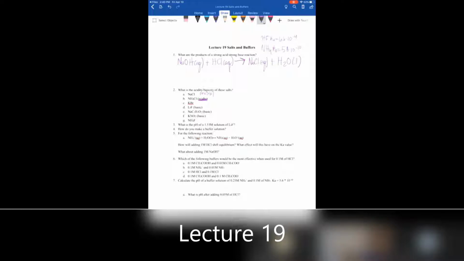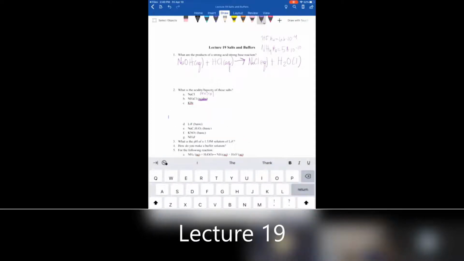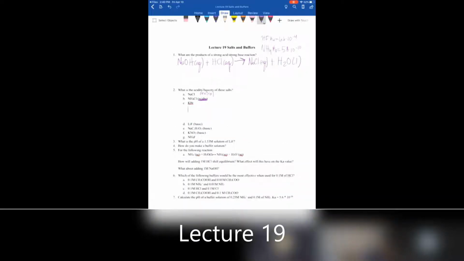Like, what reactants formed KBr? It would be KOH and